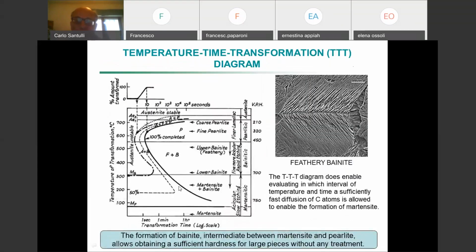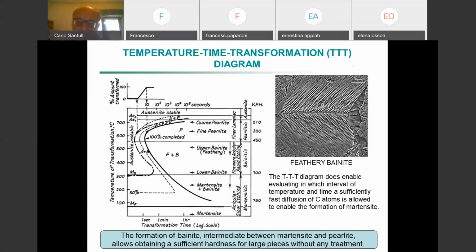And for example, in the iron carbon phase diagram, we weren't considering a phase which is in reality important, which is martensite. Martensite doesn't occur in the iron carbon diagram in general terms. It occurs only when